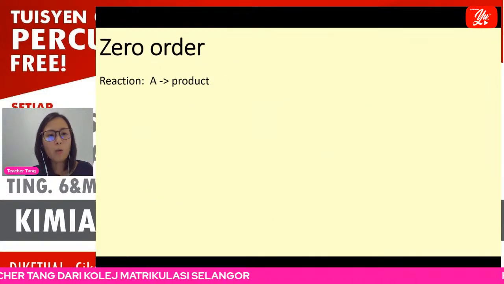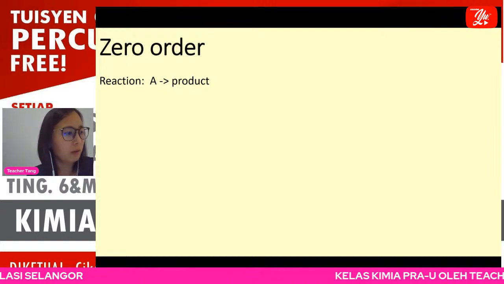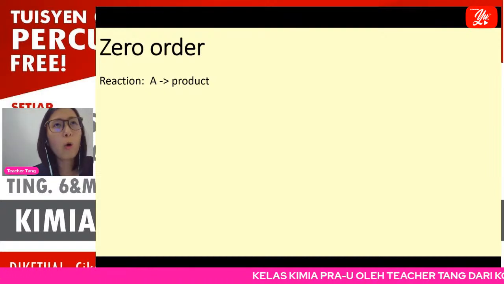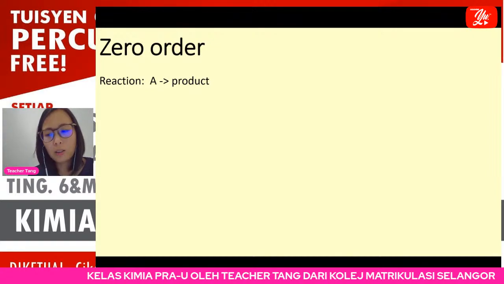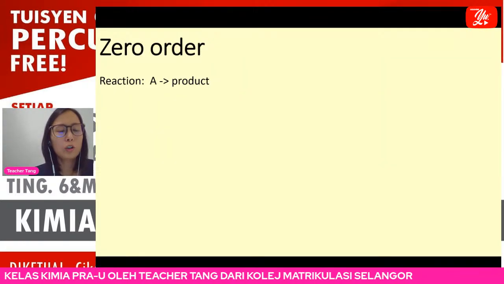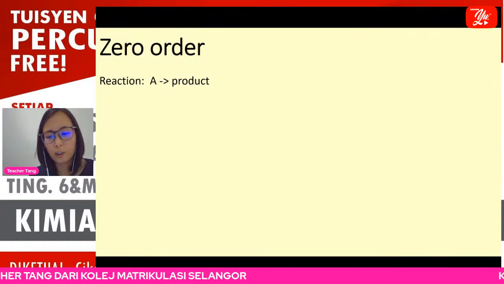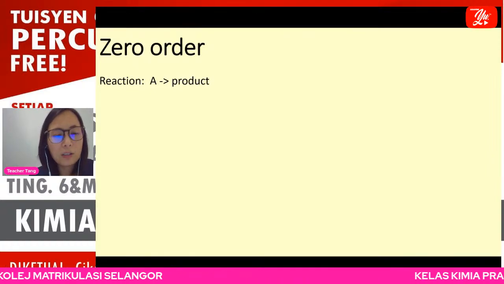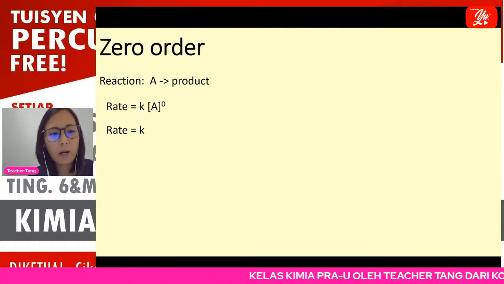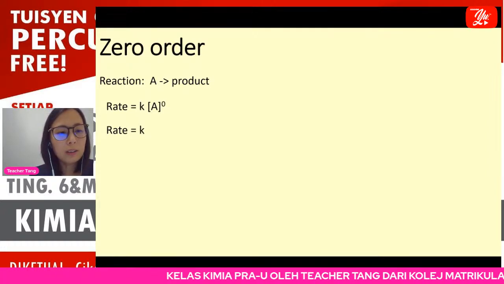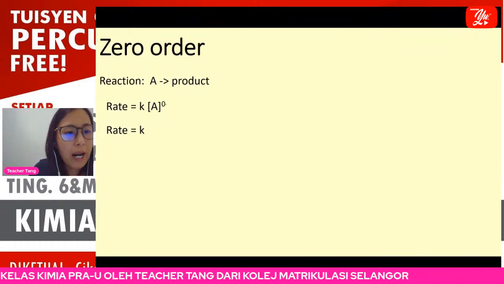So now we move on to look at how we are going to use the unit of the rate constant and also the graph to determine the order of a reaction. If the reaction with reactant A converts to product and the reaction is zero order, we can write the rate law equation as rate equals the rate constant multiplied by the concentration of reactant A raised to the